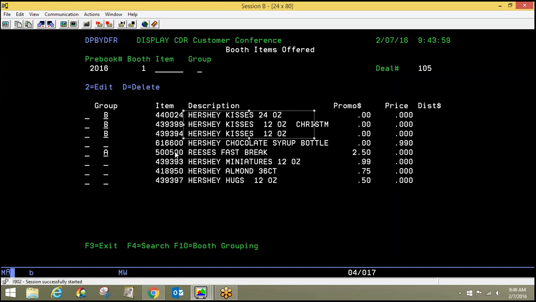Now we can take it to a different level of information on the booth grouping if we're operating under points as opposed to an off-invoice allowance type scenario. You can do that. I also wanted to show you while we're in here, before I go make another change, is